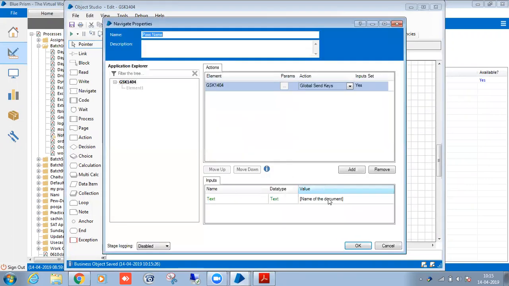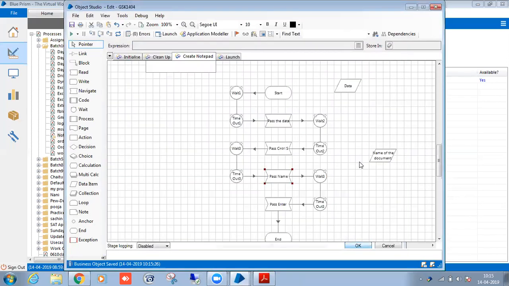Before, the static data was there, so now I want to pass the name from the process, right? So dynamically. That is why I have created the input parameters.